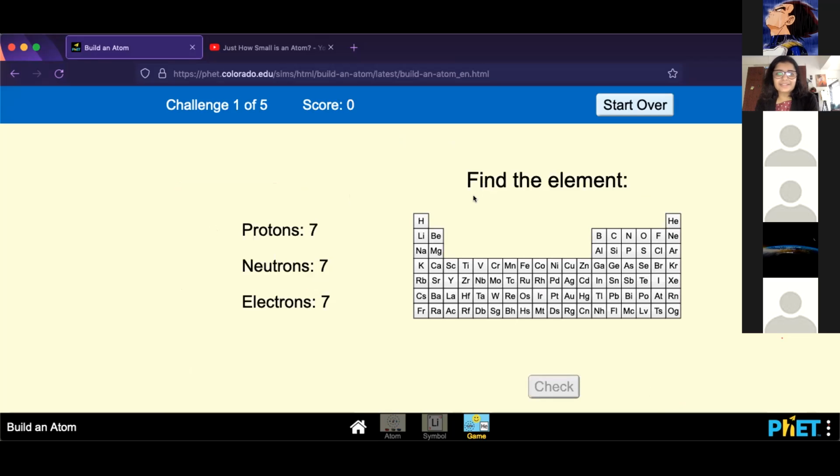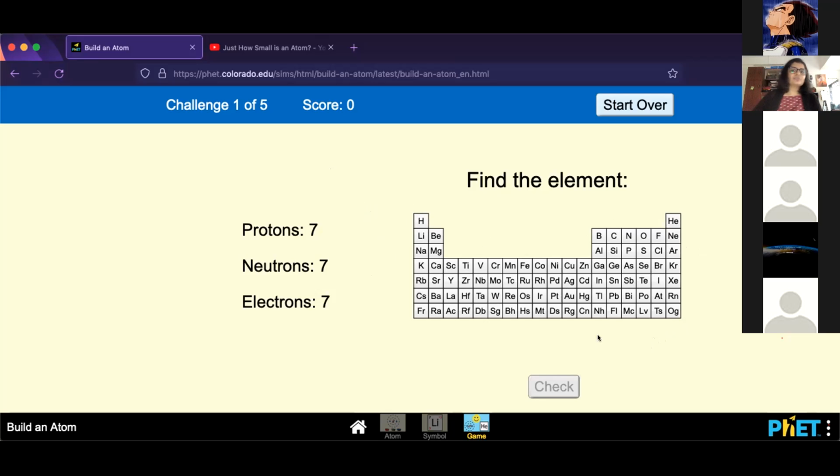Oh, you need to find the element. Periodic table hai. How familiar are you guys with the periodic table? Ma'am, a bit. Ma'am, it's nitrogen. हाँ, nitrogen. Yeah, ma'am. The funda for the periodic table is pretty simple. You start from the topmost corner and go to this side, and all of this is in the order of atomic number only. Like you start with 1 here, then 2, then 3, 4, 5, 6, 7, 8, 9, 10. It goes in a line, starting from 1, and this is 18.